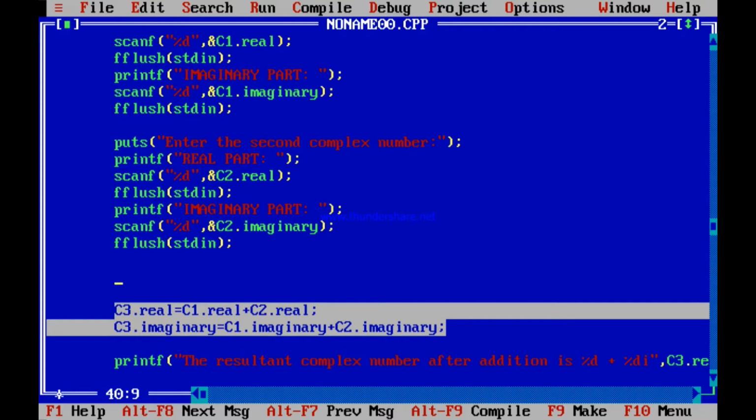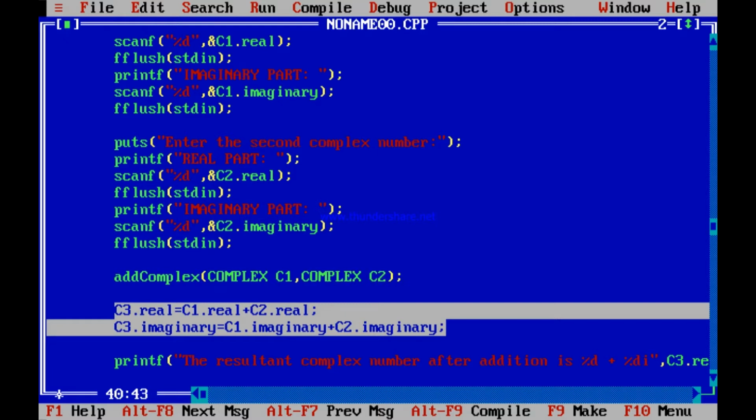I call maybe something like this, that I use a function called add complex. The purpose of this function is to add two complex numbers. So add complex, and within this add complex I have complex C1 and complex C2. I pass them.